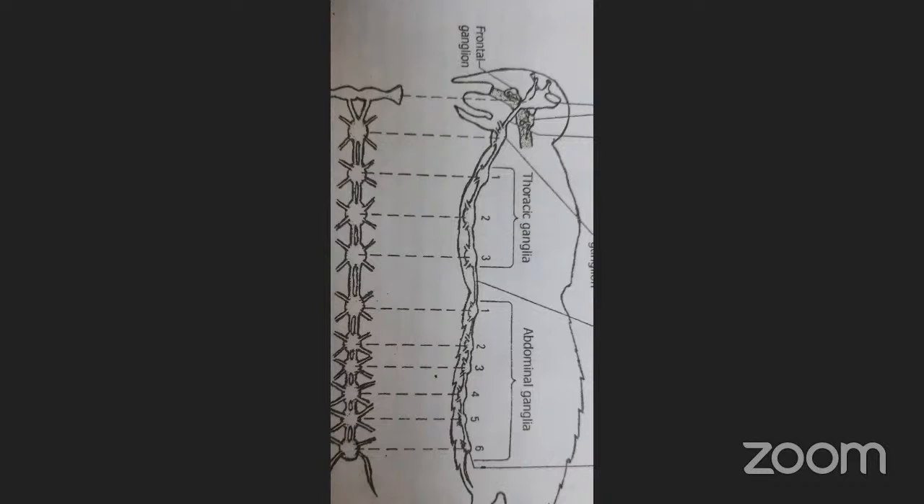So nodes of Ranvier are also not there, ma'am. What is not there? Nodes of Ranvier. So they don't have them, ma'am? No. In insects, no. And we see the myelination, like if they